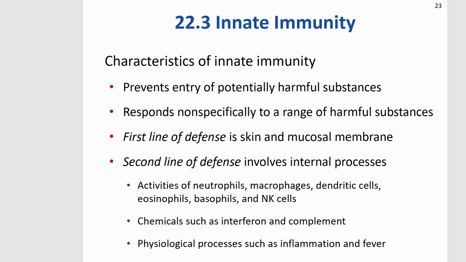So, innate immunity prevents entry of potential harmful substances, and responds non-specifically to a range of harmful substances. So, this is just kind of the barriers to getting in, and also, when something does get in, those first things that attack. Okay, so like first line of defense, which is the skin and the barriers. Second line of defense, which is processes. This includes the granulocytes, the cells that will attack. They will cause an immune response and they will attack things. Neutrophils, especially, do the attacking,